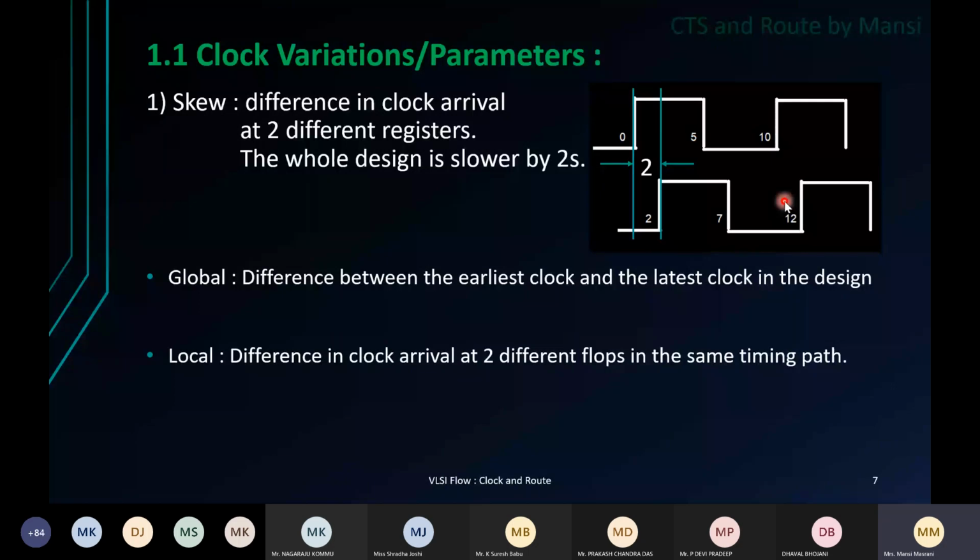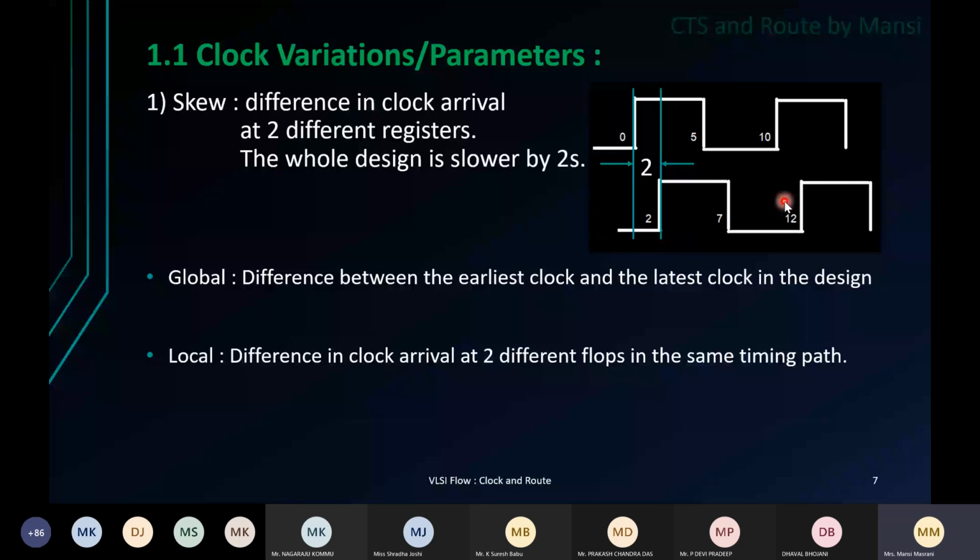If you look at any clock in the design, you'll see few of the parameters which are inherently there for the clock. These are actually the variations for clock, but they are so inherent for the clock signals that we actually call them parameters. One of them is skew. Skew is what? If you see this